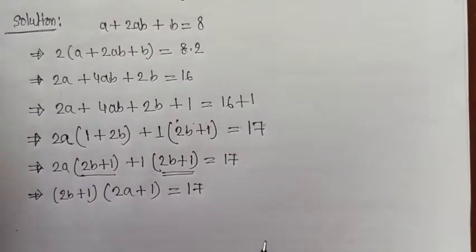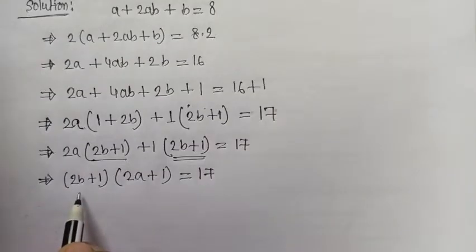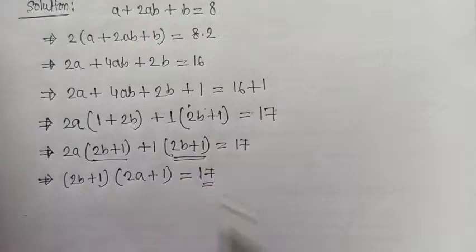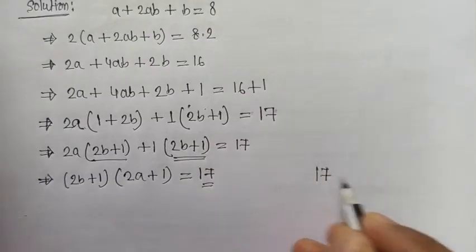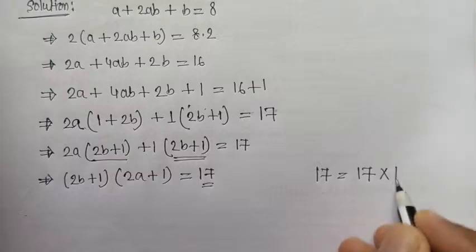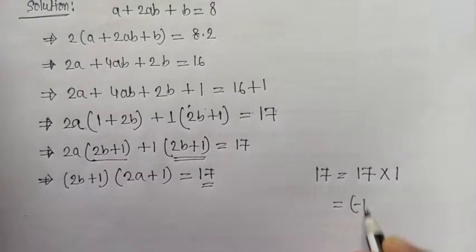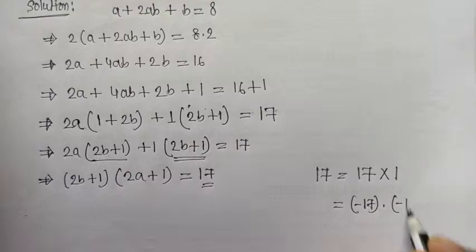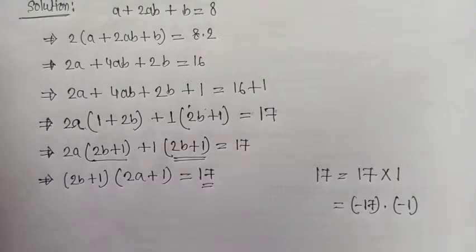Now here we are getting the product of two expressions equal to 17. 17 can be expressed as 17 into 1 or minus 17 into minus 1. So for the positive case